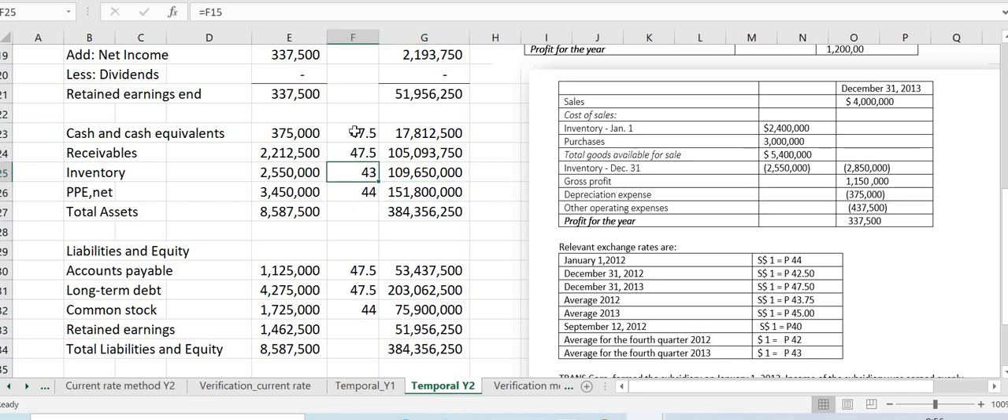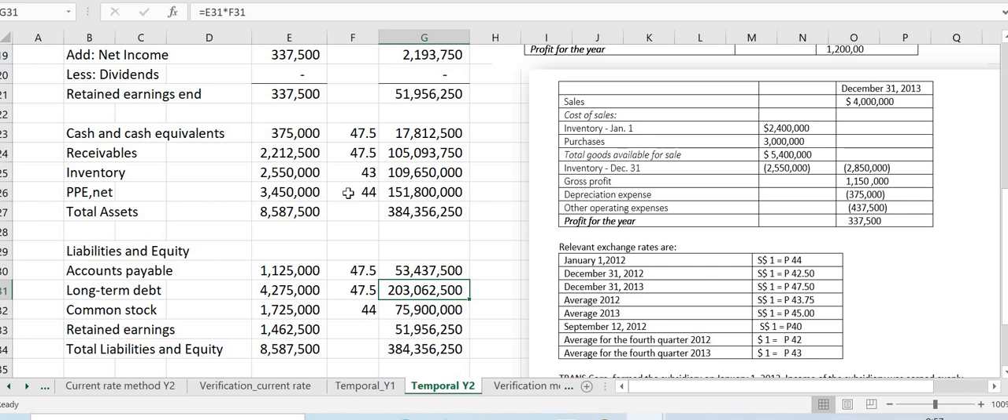Your inventory, since it's not stated exactly when it was acquired, we'll use the average for the fourth quarter in 2013, which is actually 43. So you have inventory of 109,650,000 in pesos. And then your property, plant, and equipment, of course, you'll use the January 1, 2012 historical rate of 44. So you have 151,800,000. So you have total assets in Philippine pesos of 386,250. And your accounts payable and long-term debt, since of course they are monetary liabilities, we'll use the exchange